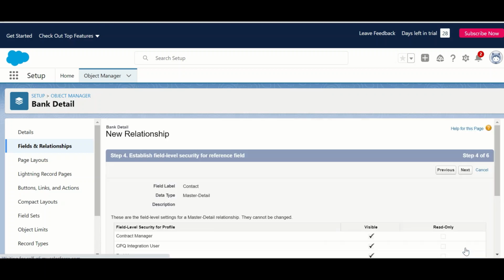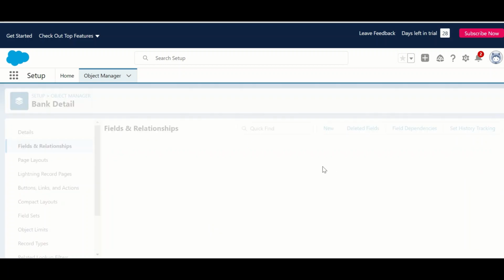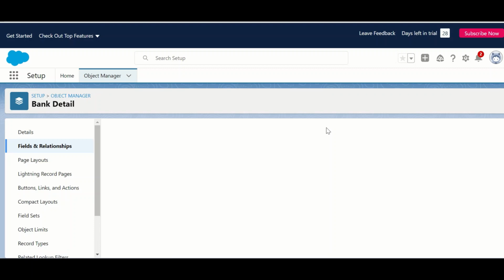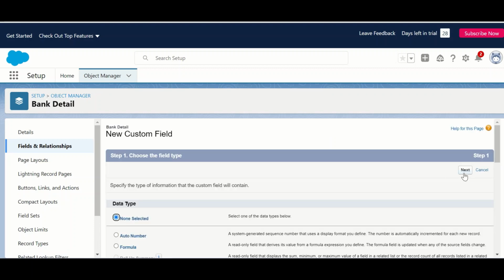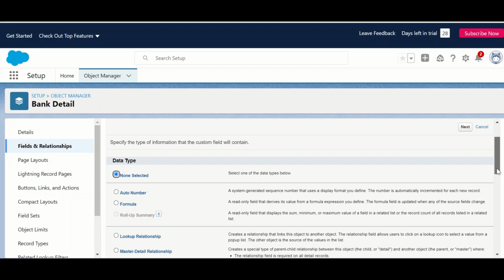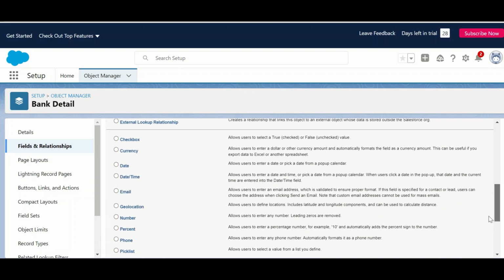Next, next, next, and save this. So now create one more field in this. So for amount we have data type as currency, but for simplicity, let's keep this as number.